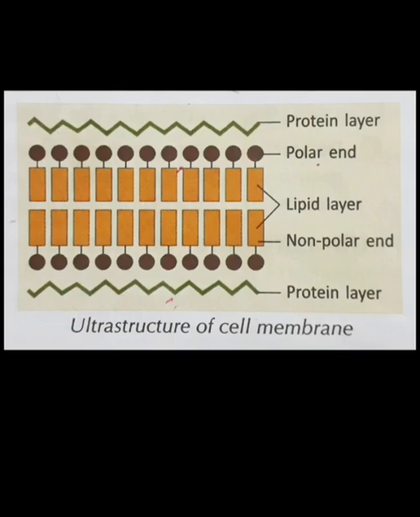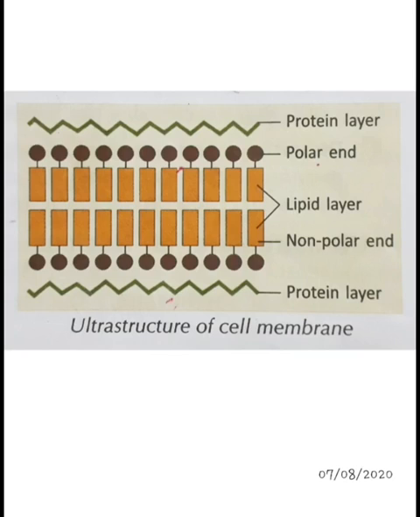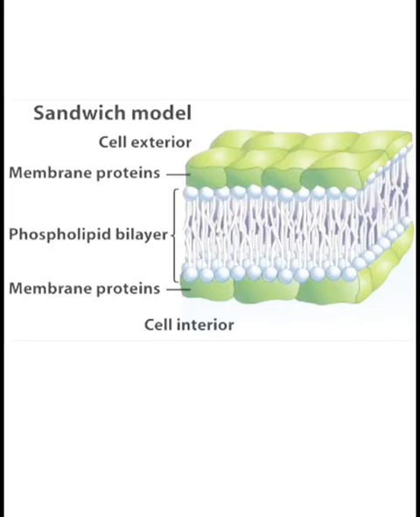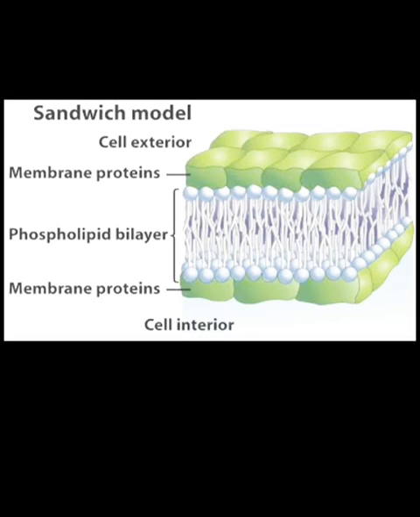Okay, and in the protein layers of the membrane there are different enzymes and metal ions such as sodium, potassium, etc., and the chemical composition of this total structure is 40% lipid, 50% protein, and 10% carbohydrate. Okay, here is another picture for you to understand the unit membrane model by Robertson, which is also known as the sandwich model, because the lipid bilayer is sandwiched between two protein layers.